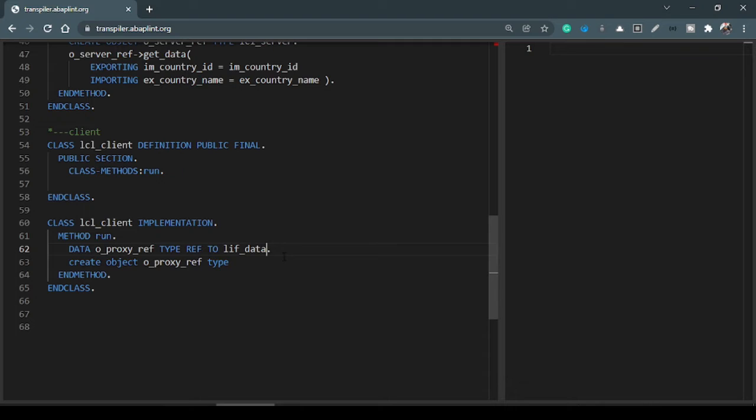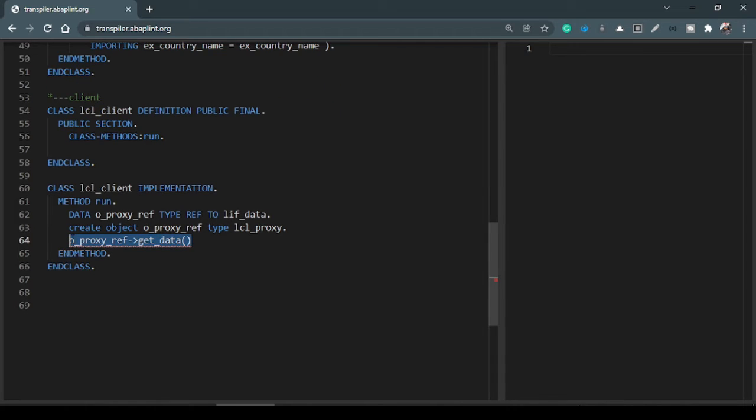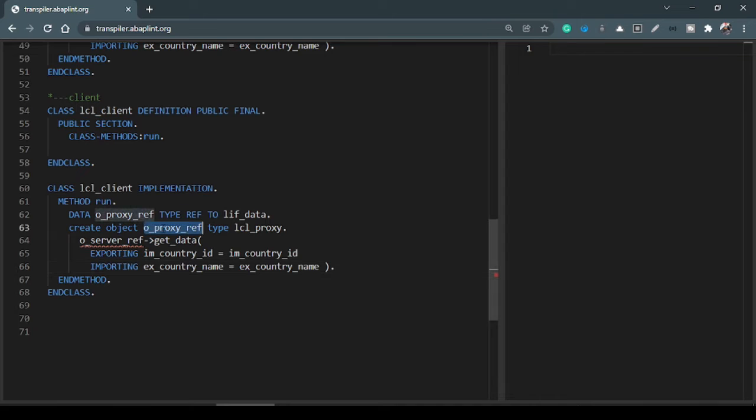And when I create the object, then I'll give the actual class name proxy. So once I have this one, now I can call the method, and the same method get data. And now I can write the same code. Let's say copy this entire code. Only thing, we need to change this reference now,